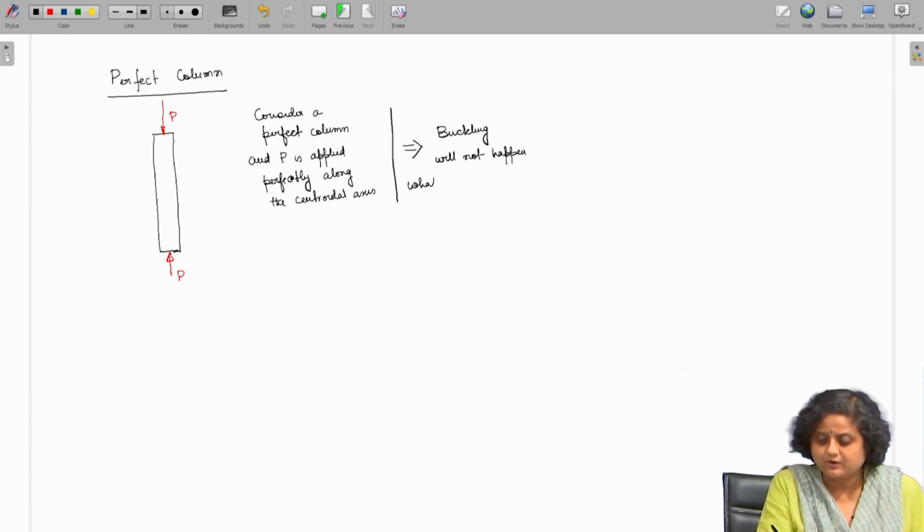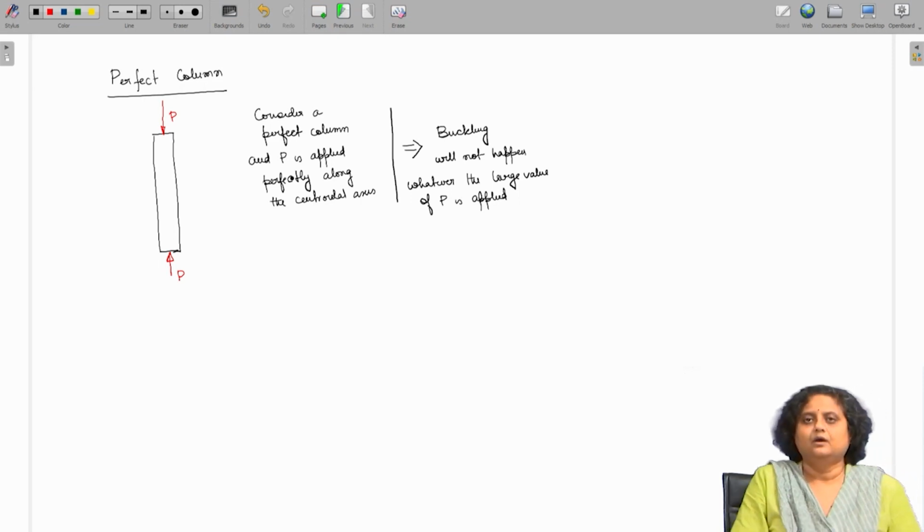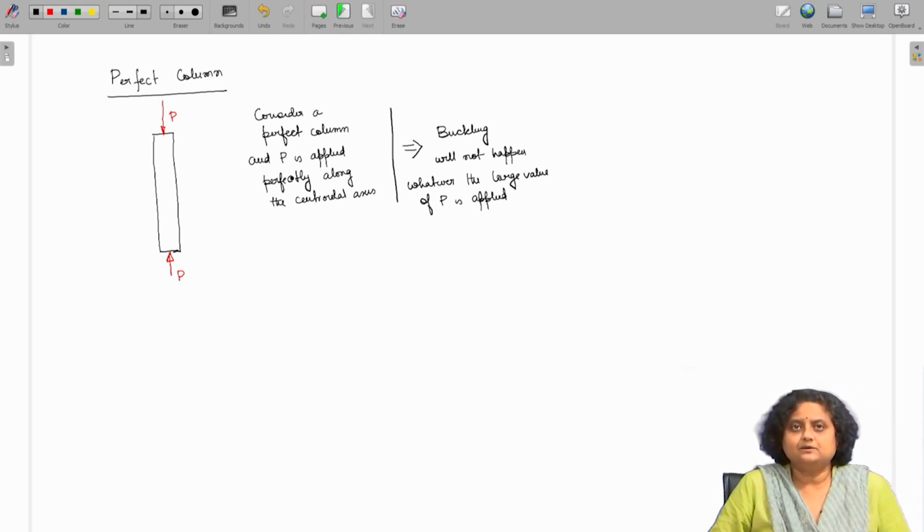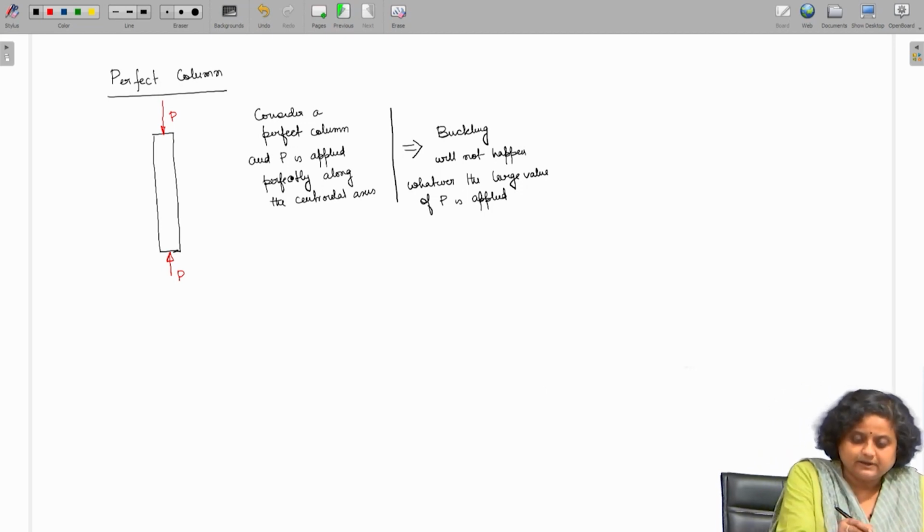Whatever the large value of P, so this should be understood first, that if we have a perfect column under perfectly applied axial compressive load P, then whatever be the value of P, the column is not going to buckle. Now, therefore, what we do is that we apply a small lateral load F,